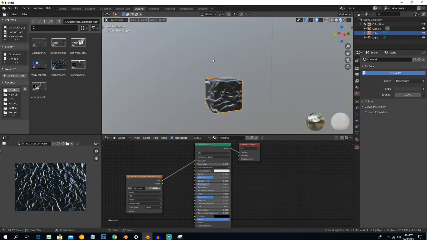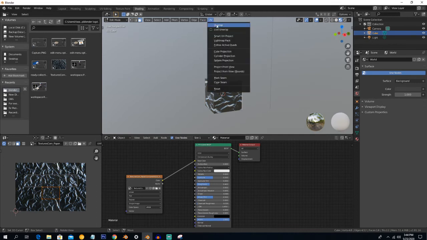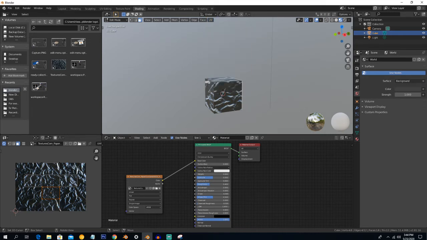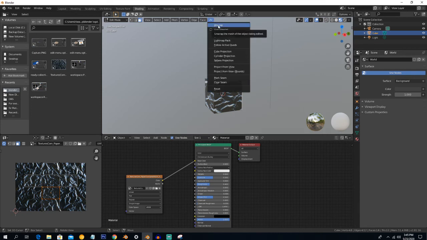You can also use different options of UV unwrapping, like here, UV unwrap. The first option is simple unwrap. Unwrap is just like opening your object's skin onto a 2D plane. First you have to open your object skin on a 2D plane, and then you can map whatever image you want on this skin. So the first option, UV unwrap, just unwraps the object with the mark seam; we will talk about it later.